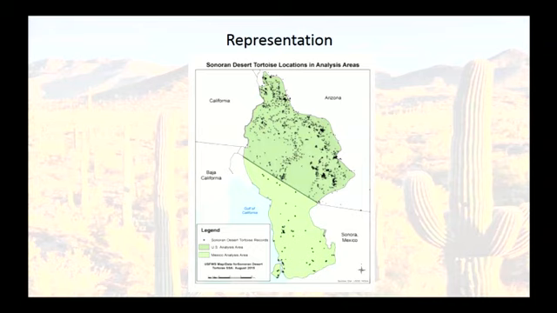So the next step was to try to think about representation and what kind of representation was out there with the species and what we needed to try and preserve. Normally what we would do then is identify, I got to be careful with the words that I use because the service has all of these legal definitions behind the word distinct or arbitrary. So I keep getting caught in these meetings using those words. But we set up these what we call analysis units, and we do that based on the distinctiveness of the animals within those analysis units.